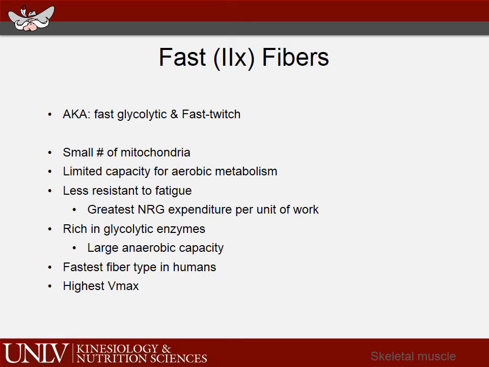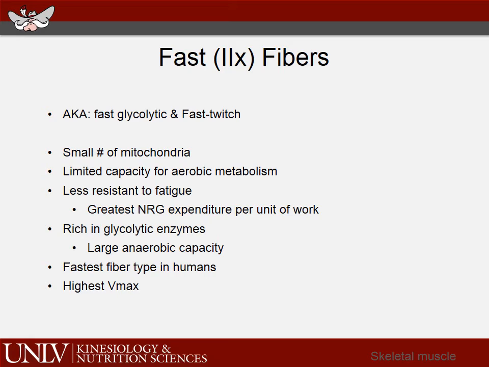And then finally, the last one we'll talk about is the 2X fibers, or the fast fibers, also known as the fast glycolytic and fast twitch fibers. These are about 5 times more powerful than your type 1 fibers, but they have a small number of mitochondria, so this makes them very, very fatigable, right? So it's less resistance to fatigue, but it's also the greatest energy expenditure per unit of work, right? So these are very costly,